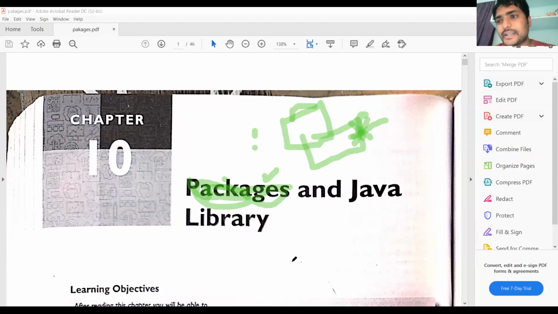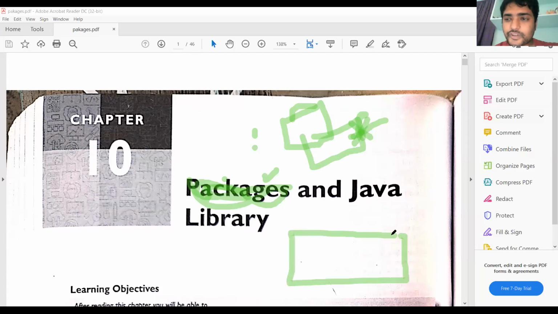In general, packages follow a hierarchy, that means a hierarchy of packages. Java is a package, and in this package we have so many sub packages.